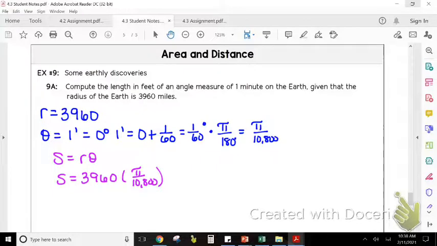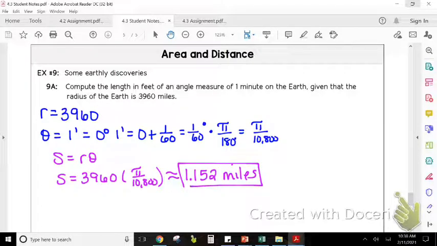And so I'm just going to put that in my calculator, and I'm going to get 1.152, and this is in miles. So 1 minute is approximately 1.152 miles. The angle of 1 minute, I should say. All right, and then example